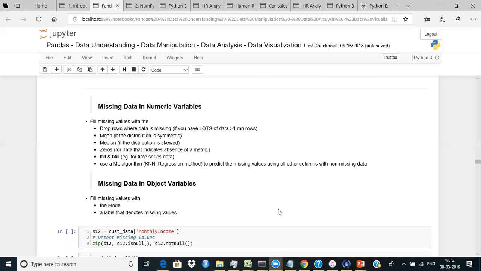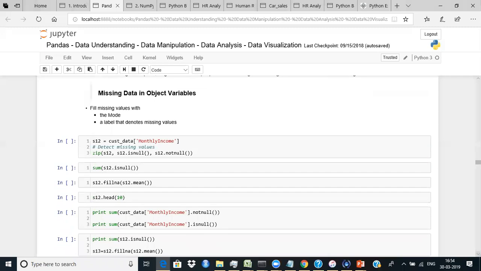Okay, now, dealing with missing values has two parts to it. First, you detect whether it's missing or not. Second, you do something about it, right? Just like duplicates, you detect whether it's a duplicate or not and then treat it, right? How do you detect whether a particular value is missing or not? You use is null,